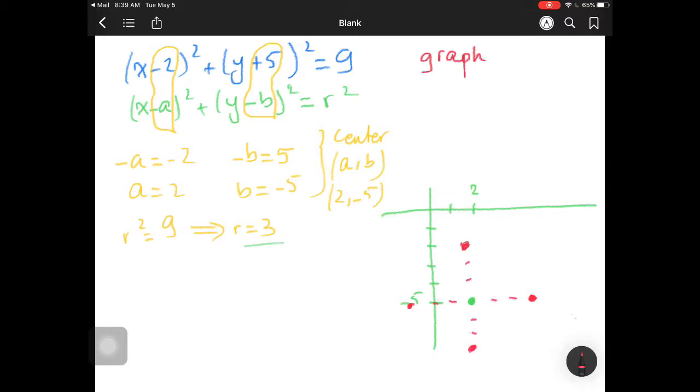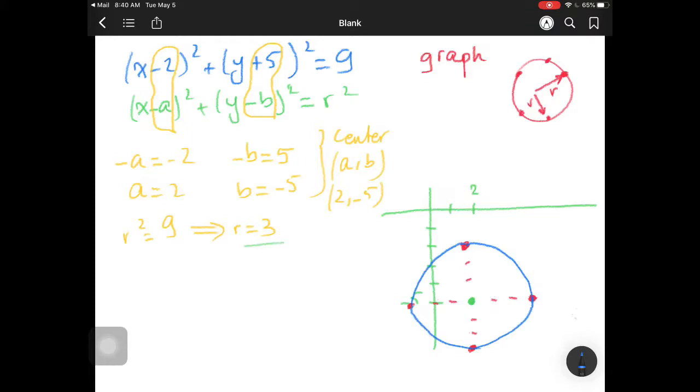These points are on your circle, because remember, this is what the radius does. Every point on the circle has the same distance from the center. And now you can draw your circle